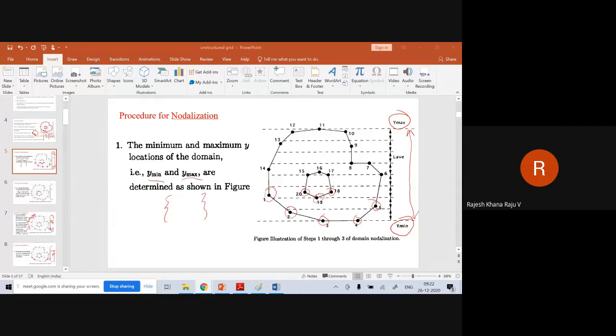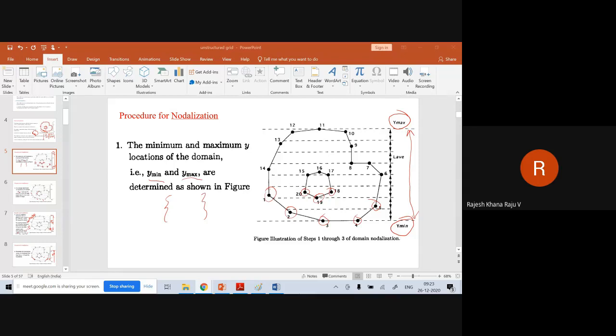Now, with that, you get the number of nodes on the boundaries, and then you join those nodes sequentially. Then you number those edges which are created by joining the nodes on the boundaries.